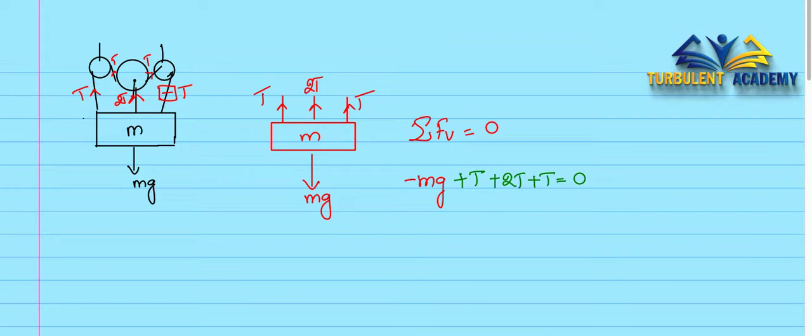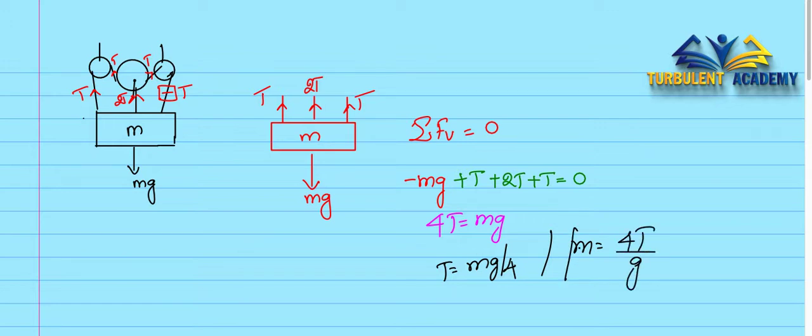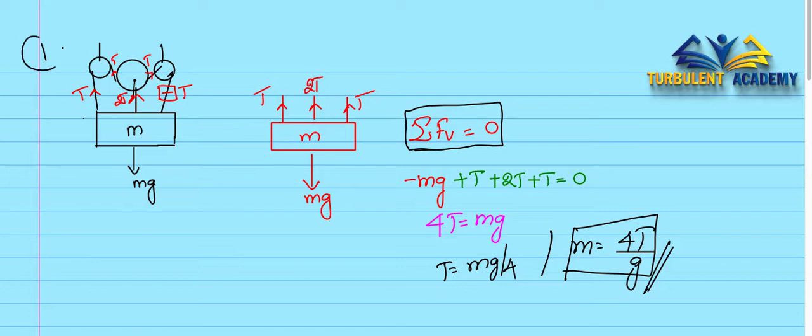Okay, so now once this is done, I could take the minus on that side, so it will be T plus 2T plus T, which is 4T. 4T equal to mg, and as a result T is going to be mg by 4, and they have asked for M, right? Okay, sorry. So M is going to be 4T by g. Okay, so this is going to be the final answer. Since this is very simple, just drawing the free body diagram and using the equilibrium condition is going to serve the purpose, which is really easy. Okay, so we can solve it in a single step itself.